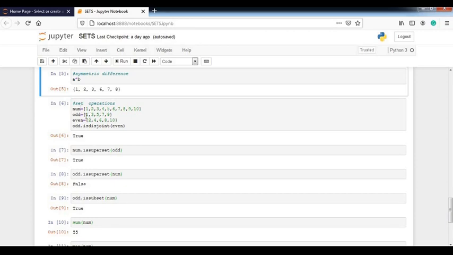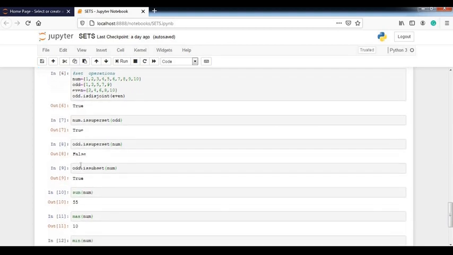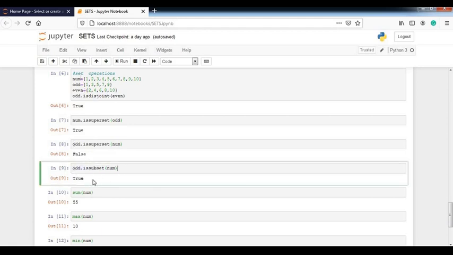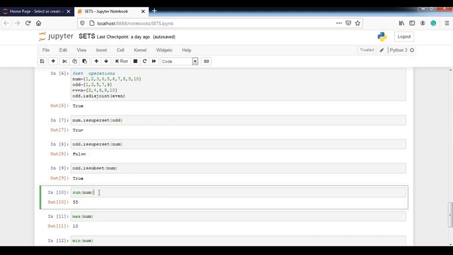Num is your superset, and odd and even are subsets of num. If I check whether odd is a superset of num, no, odd is a subset of num. When you check a subset, it returns true, otherwise it will result in false.